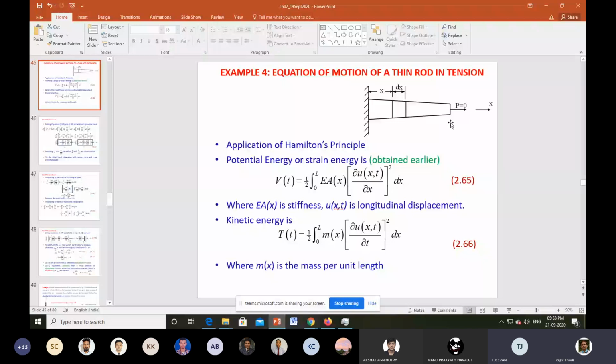And this is the free vibration. We are giving some initial disturbance and letting it vibrate in the axial direction. The axial force will be throughout the rod, except at the free end, because this is free. If we take the free body diagram of the tip, there is no force on the right side, so there will not be any force on the left side.